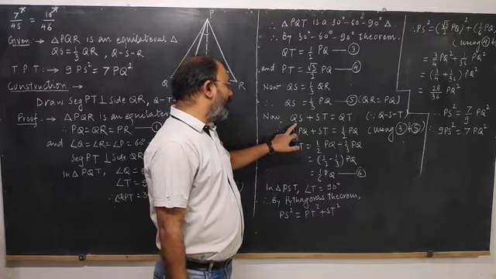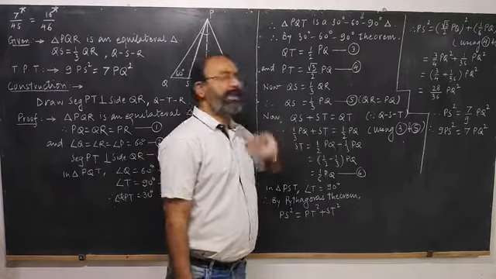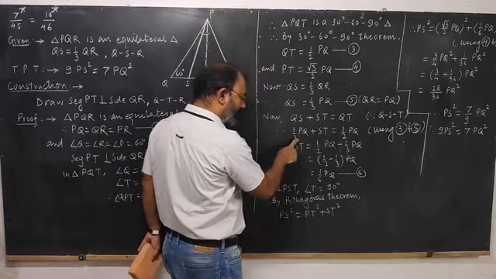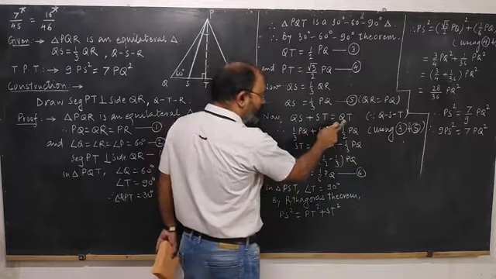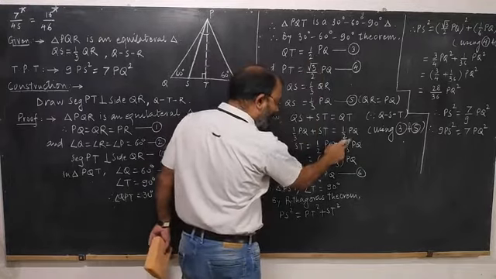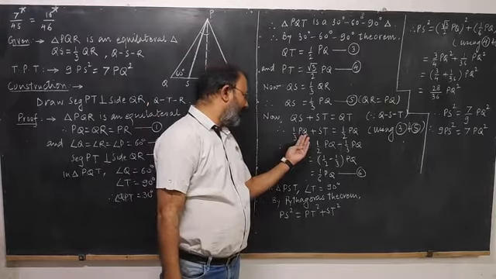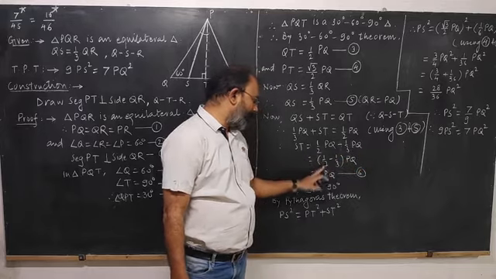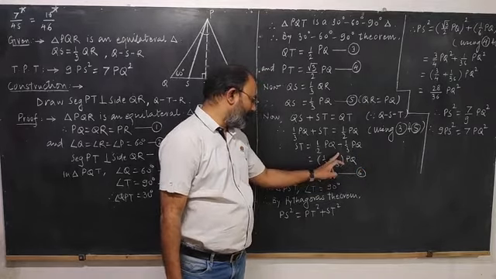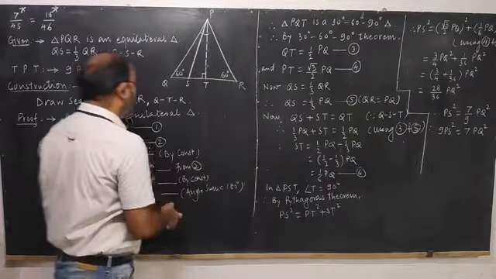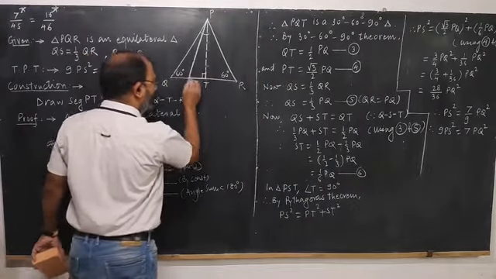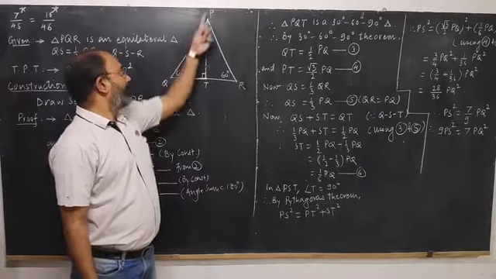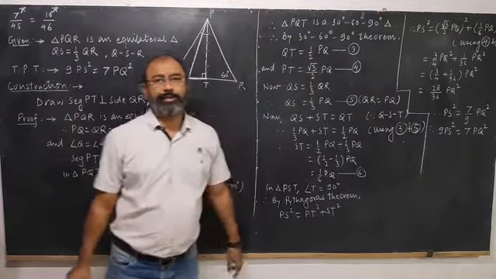Now the equivalents of QS and QT we have obtained. What is the equivalent of QS? 1/3 of PQ. So in place of QS we are putting 1/3 of PQ. What is the equivalent of QT? Half of PQ. That we have substituted. Transferring 1/3 of PQ to the other side, it becomes minus 1/3 of PQ. Take PQ common. 1/2 minus 1/3, so 3 minus 2, 1/6. So ST, this segment, is 1/6 of PQ. This segment is √3/2 times PQ.